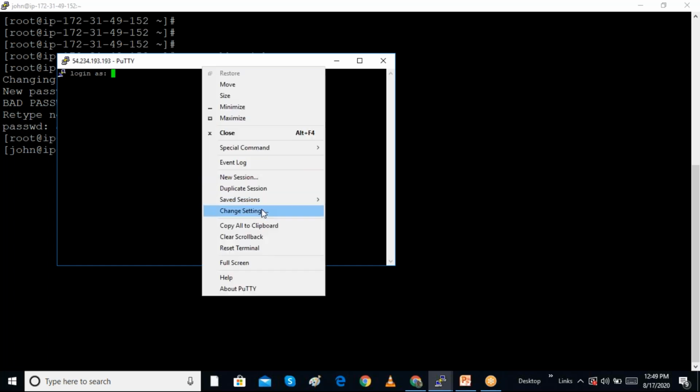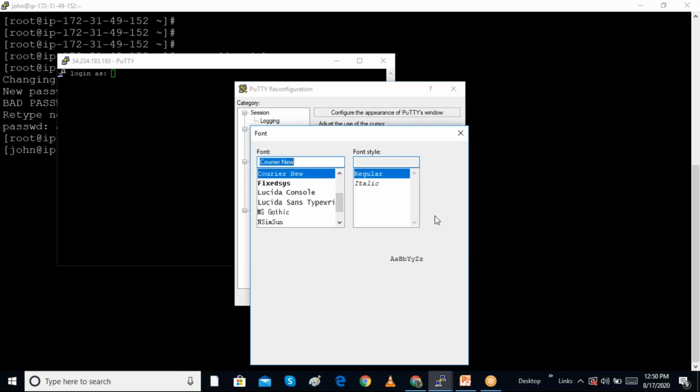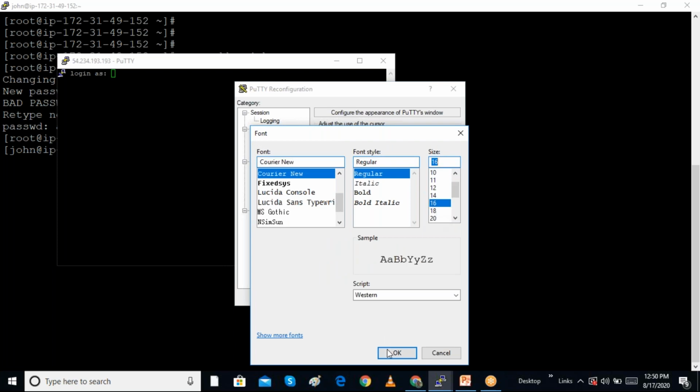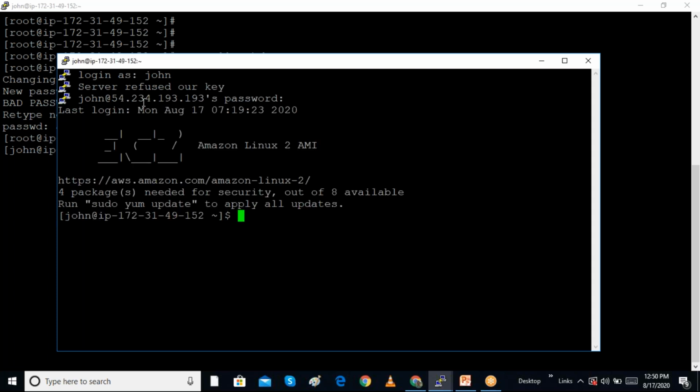So the username I created is John. I'm just increasing the font. I'm giving the username John. So I created a user account and I can log in as that user, John, and I give the password I set, 123 or some password. So I can log into this system. Currently I logged in as the John user.